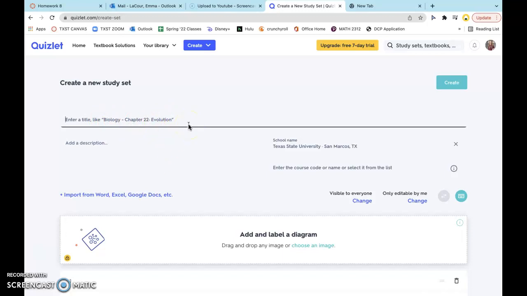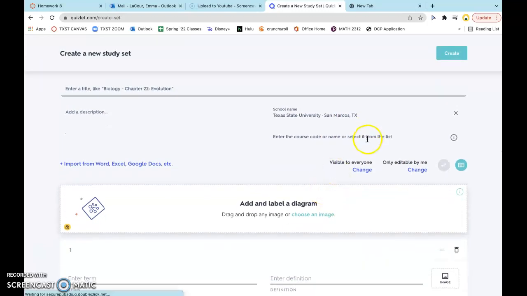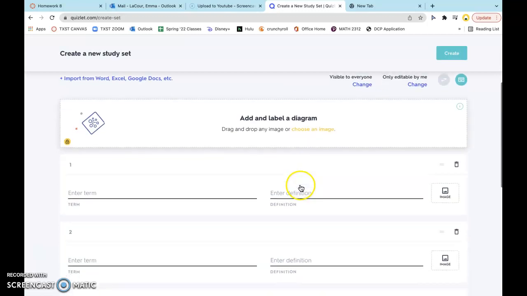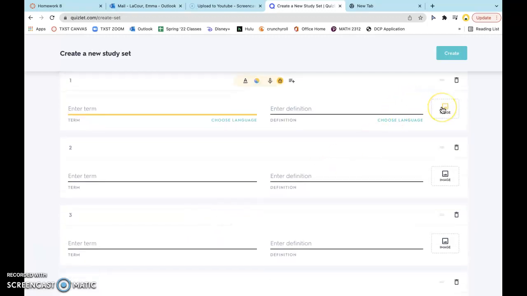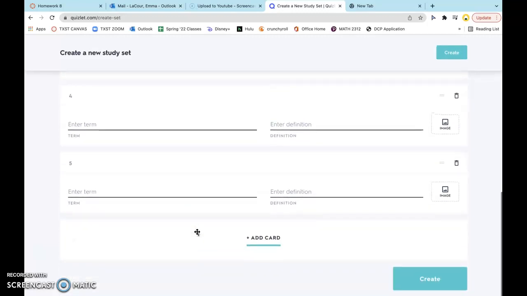You can type in the name of your Quizlet set, and you can also tag your school or the course code name. Here are all the definitions, so you can type out whatever you need. You can also add images to your Quizlet set, which is pretty awesome. You can also change the language, so it is very diverse and anyone can pretty much use it.